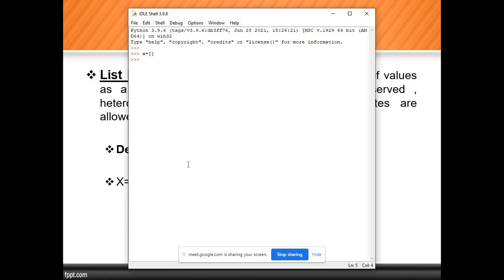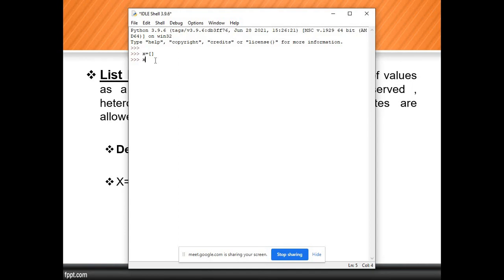I already gave one statement: a list is mutable. The empty list is created right now, but if you want to add an element or remove an element, such types of operations we can perform on the list. Why? Because a list is mutable. That means we can change the content.